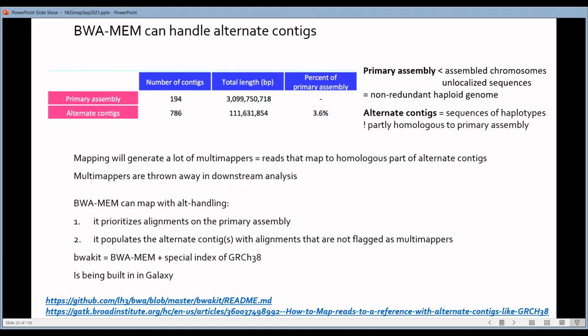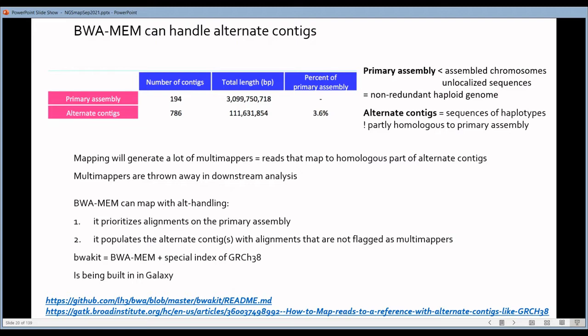It's not a big difference, but generally people agree that BWA is a bit more accurate. Another reason why many people go for BWA-MEM is that when you are mapping to the human genome, and again, for variant analysis, most data come from human, BWA-MEM allows you to map against the full genome. And what do I mean with the full genome? Well, not only the primary assembly.